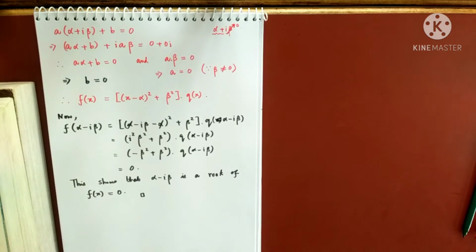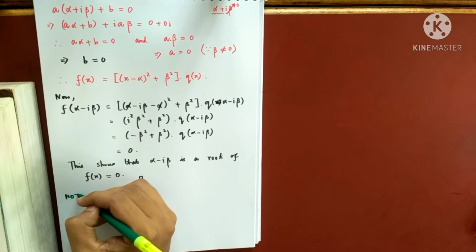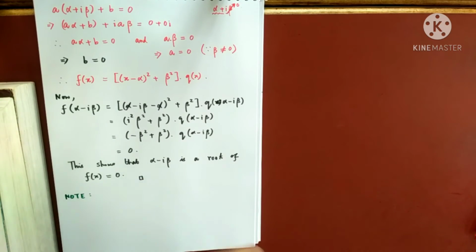This is one of the important theorems in classical algebra. So this tells us that imaginary roots always occur in pairs. You cannot have an equation having just one complex root. That is not possible. I am assuming that the polynomial is a real one. So few things to note.